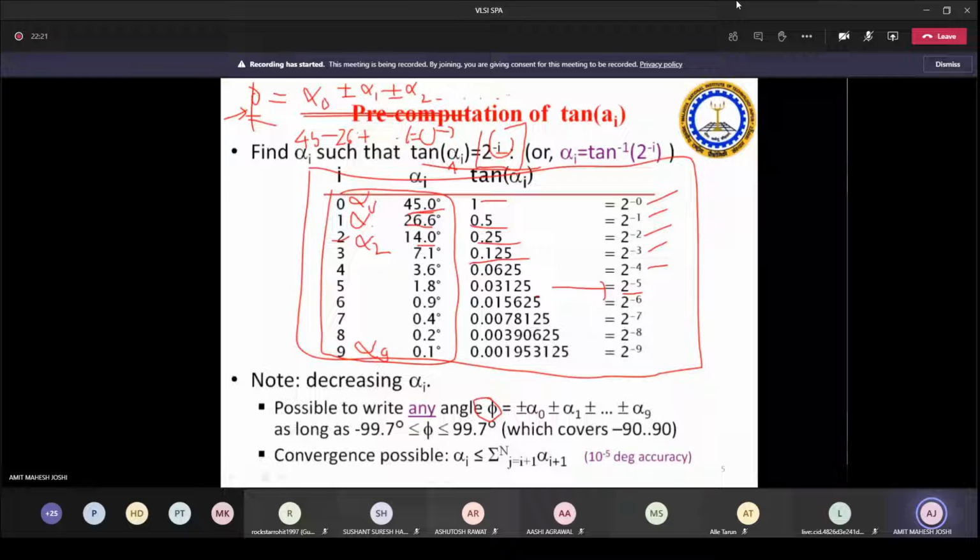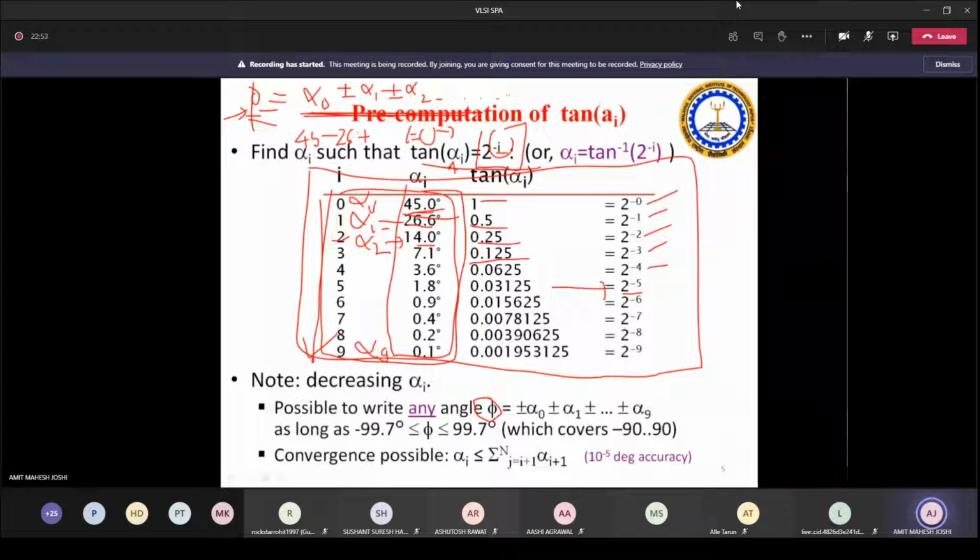Ultimately the alpha values I consider have to be strictly in this order. Alpha 0 is constant, alpha 1 is constant, alpha 2 is constant. So these values are constant, but whatever angle I want to find has to be some summation of these, and with that I need to find in how many iterations